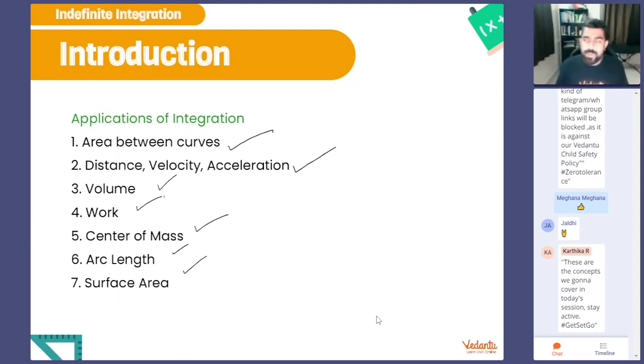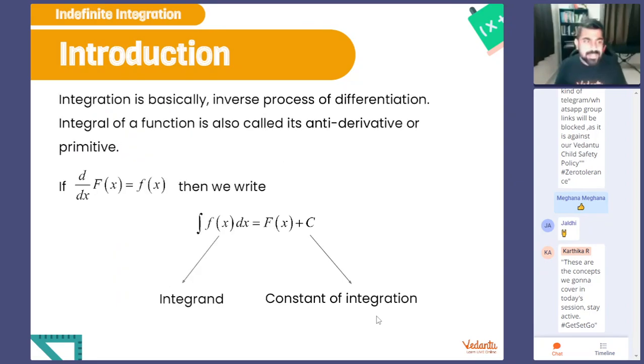So let us go forward and try to expand on what I said. I said integration is the reverse process of differentiation. Why, how, and how do we represent it? Let's go into the basic details. Here we go. So guys, whenever you differentiate a function capital F of x, let's say you have d by dx of capital F of x.